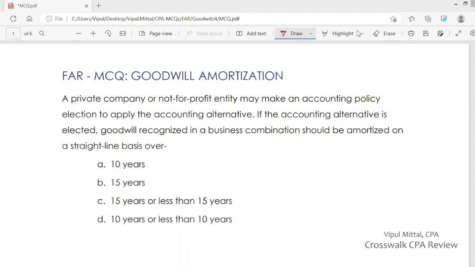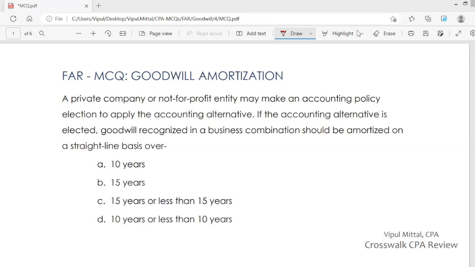So they may make an accounting policy election to apply the accounting alternative. And what is this accounting alternative? It is that a private company or not-for-profit entity may elect to amortize goodwill. The general rule is that goodwill is not amortized,